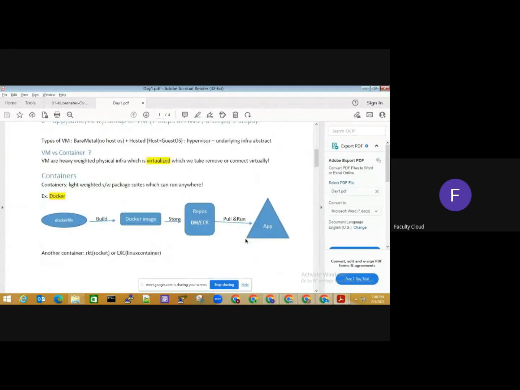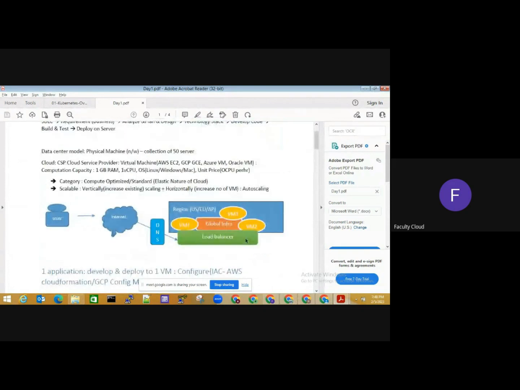Even if you know about Docker or containers, we will do a refresher, because in the initial few days we have to understand why we are moving to containers, and the terminologies. Suppose you want to run it on Windows or on Linux, depending on the need you can provision that particular environment with Docker, and then you will be able to run it. Once you're familiar with Docker, we will move on to Kubernetes.